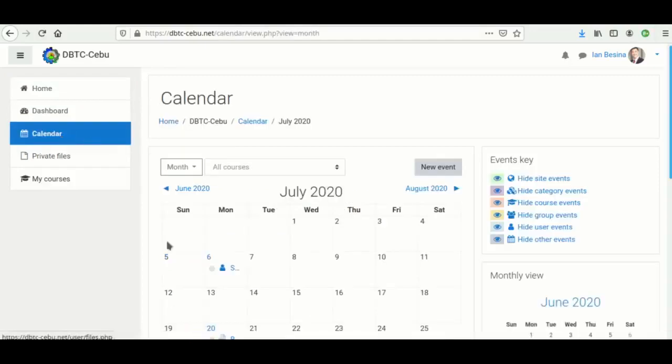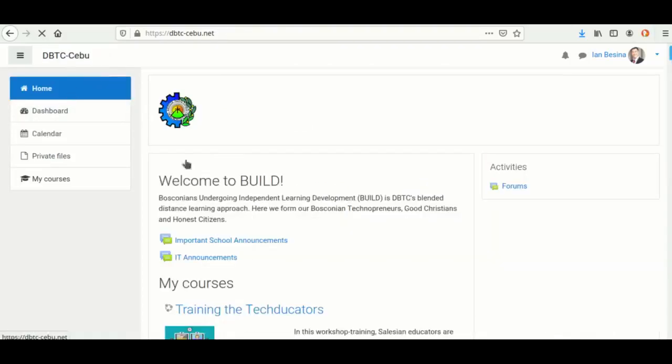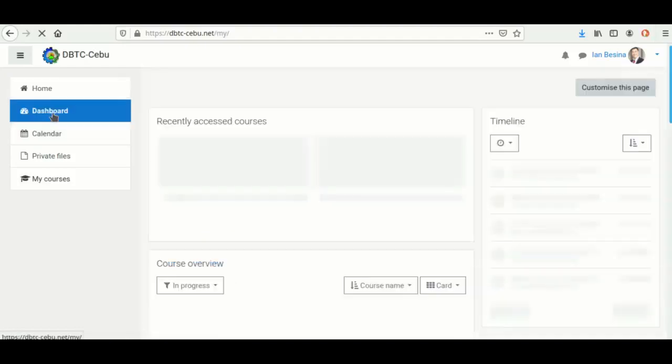When you click on calendar, you can see the events in school. Like that's how students, and more importantly parents, would be able to know what's happening in school. But don't depend on these. Try to also open and read your emails as well as the announcements right here in the home screen of your DBTC LMS. By the way, if you need to go directly to your lessons, you can just click on